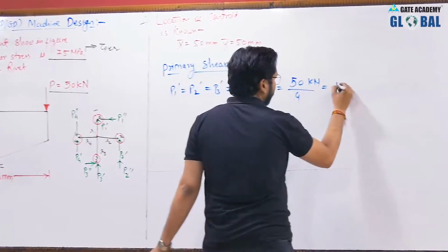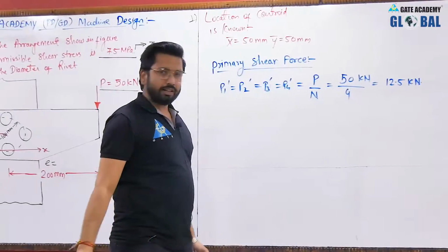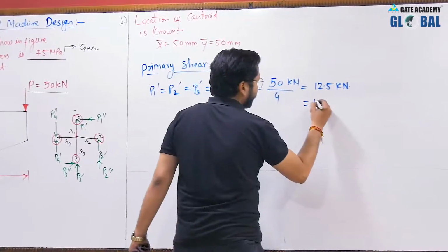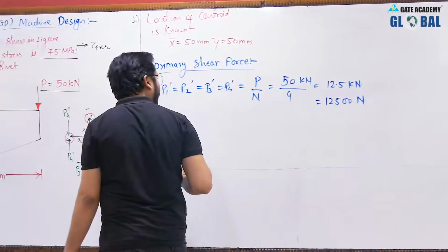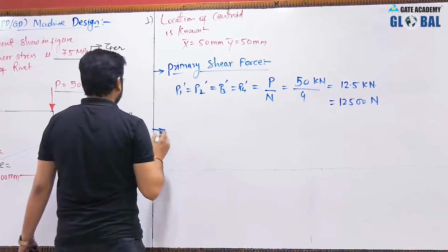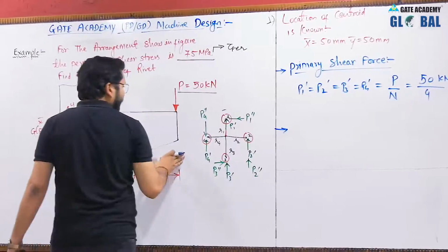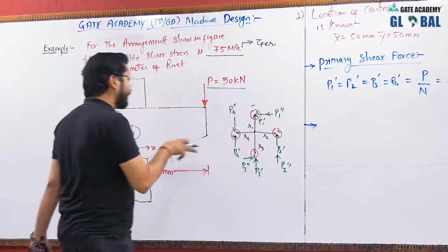So this will be 12.5 kilonewton, or you can write 12,500 Newton. This will be the primary shear force. Okay, primary shear force. Now, then we will be calculating the radial distances R1, R2, R3, and this is arranged